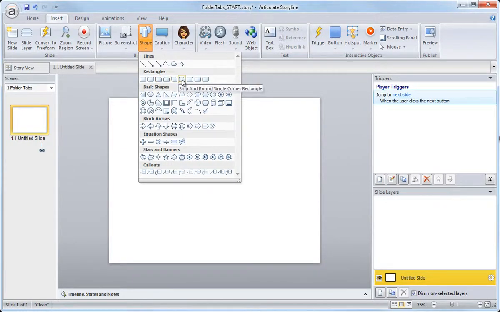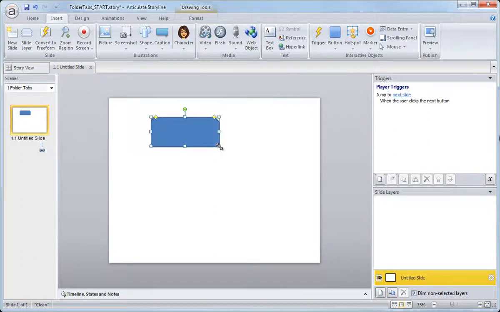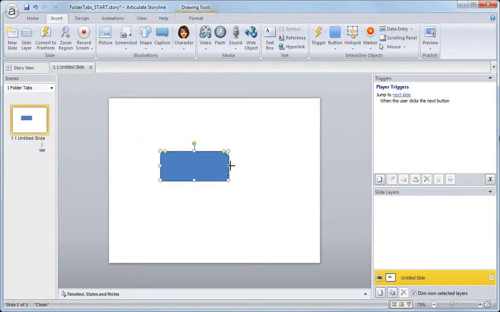To do that, we just want to select it and we get the insert cursor. So just click and drag to draw out your first graphic. Now, once the shape is on the slide, you can really do anything with it like you could any other object. You can move it, you can scale it,